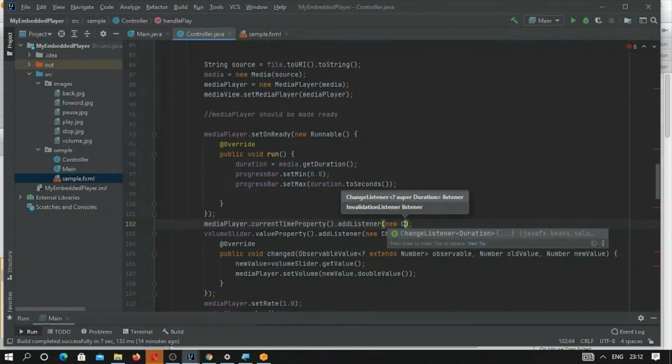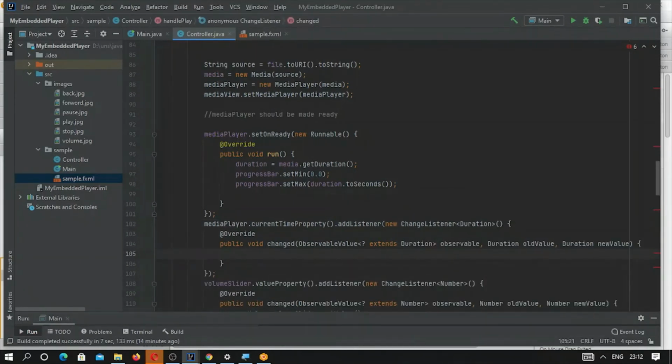Here it will be a change listener. First we have to calculate the new value, and that new value will be the media player's current time.